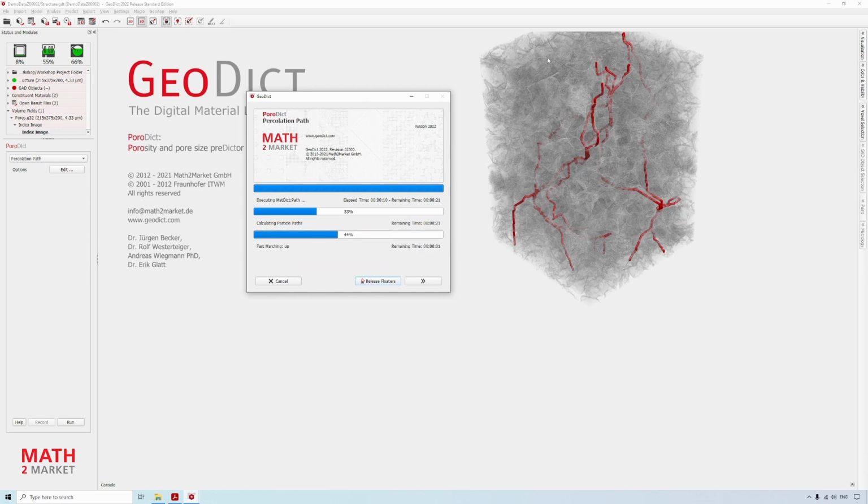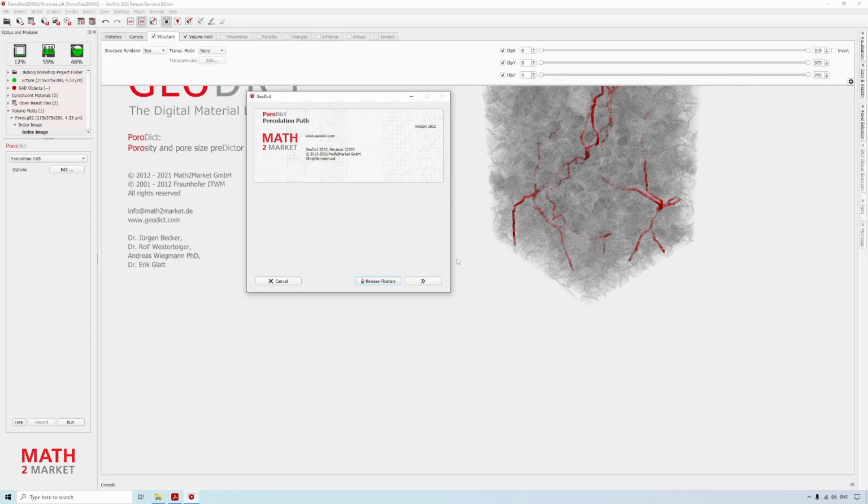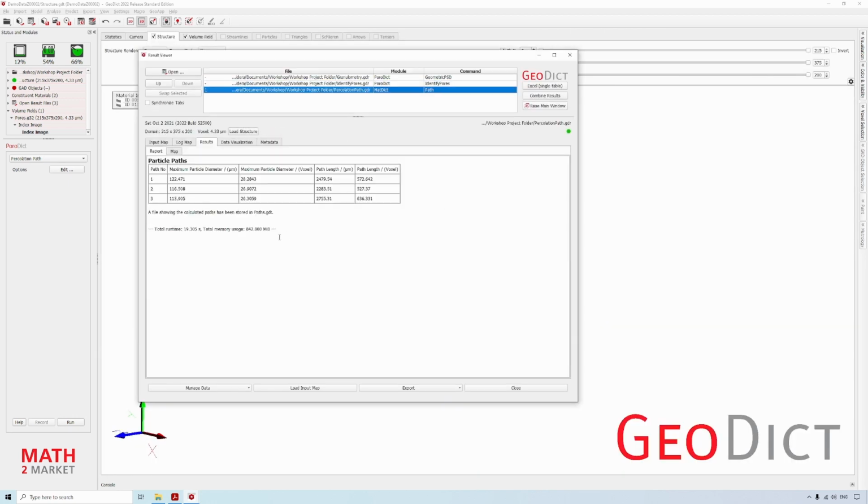It will find such a red path through the structure and give information on the length. We get information on the path length of the thickest path, the second thickest path, and the third thickest path.